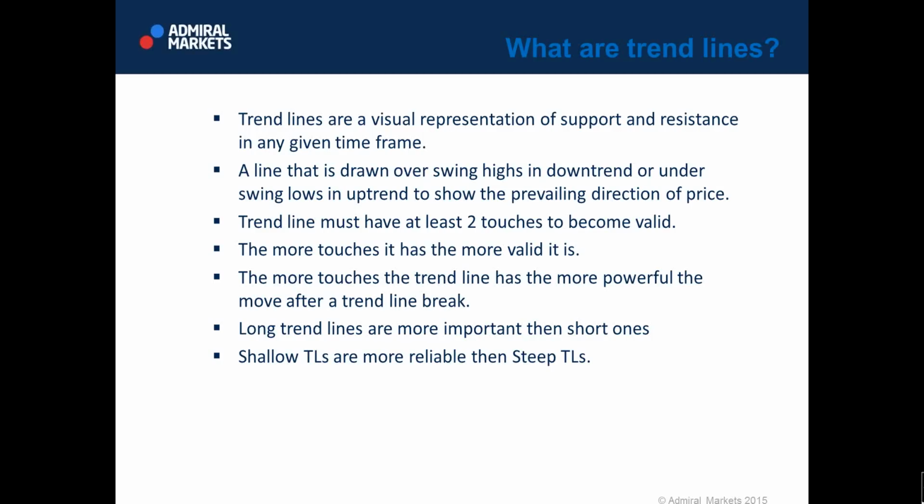A trend line must have at least 2 touches to become valid. The more touches it has, the more valid it is, okay? That is also the truth. So these are the postulates about trend lines. The more touches the trend line has, the more powerful the move after a trend line break. Long trend lines are more important than short ones, and shallow trend lines are more reliable than steep trend lines,